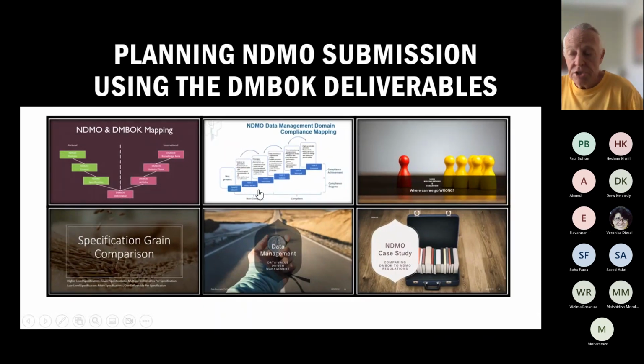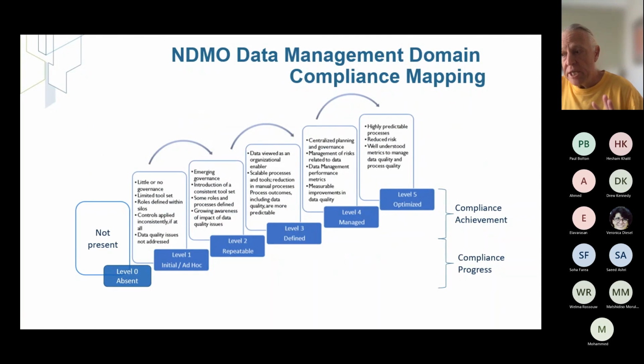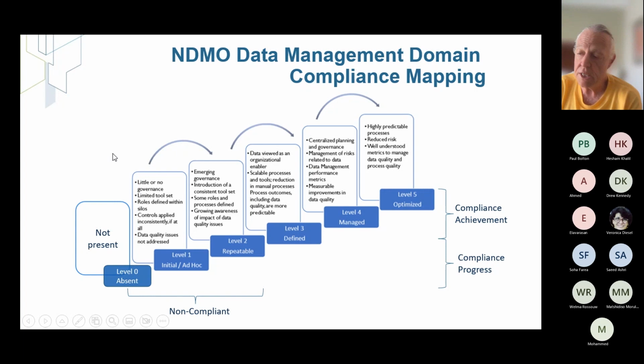Okay, now just to go to bringing this to compliance, what we were saying is, right in the beginning I said, why don't we link NDMO compliance to DMMA? And one of the things we said was the challenge that the Saudi people have is that compliance is an on-off switch. You can't be 10% compliant. Those people that are working in Saudi have that in the guidelines document: you can't be 50% compliant. You're either compliant on a submission or you're non-compliant. So you're either 0 or 100.